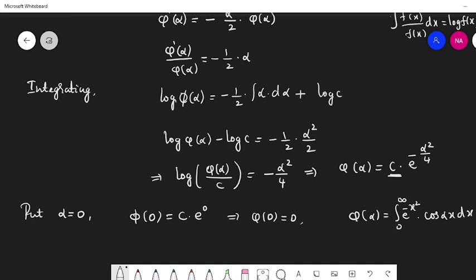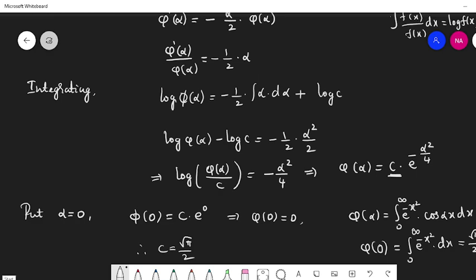If you put alpha equal to 0 here, then phi of 0 equal to integral 0 to infinity e power minus x square dx, the value of which is root pi by 2. Therefore, c is root pi by 2,